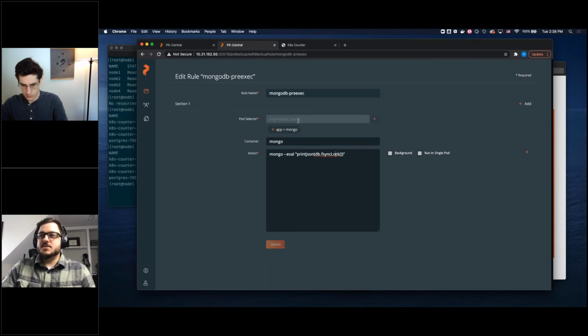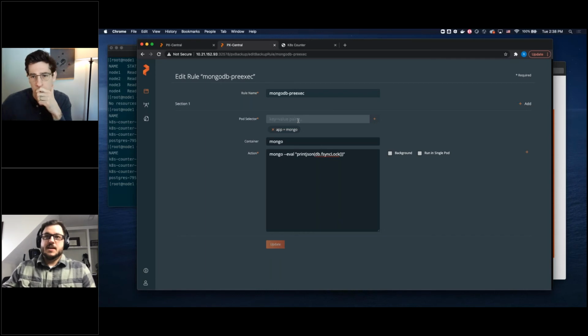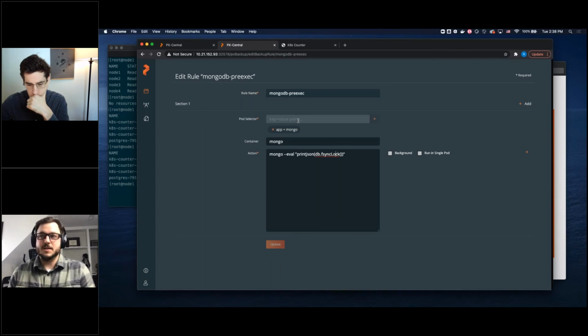And then you want to use a key-value pair, or multiple pairs, to select what application it's going to be. Before, we took a backup of our web application and restored it, and we took a backup of the whole namespace. Now, obviously, this rule is only applicable to the Mongo deployment. And so here is where we define app is Mongo,